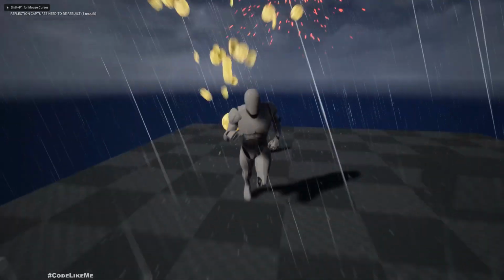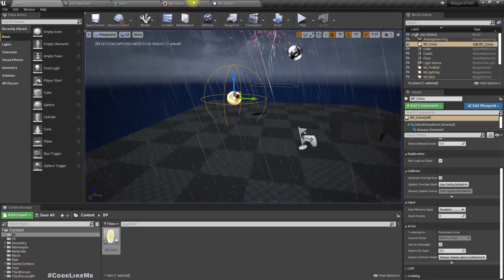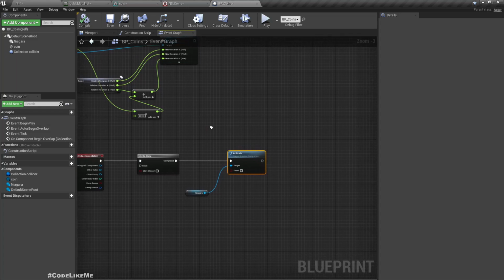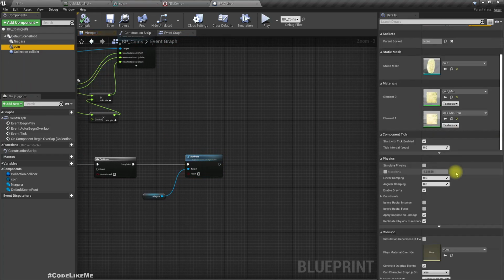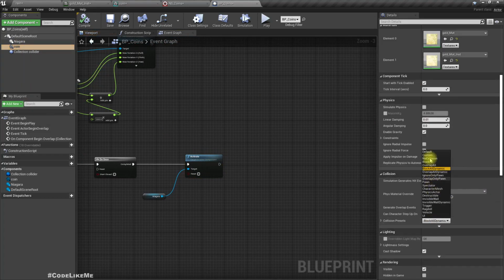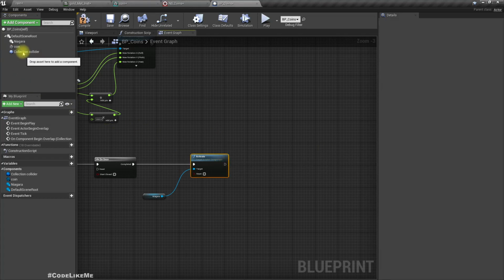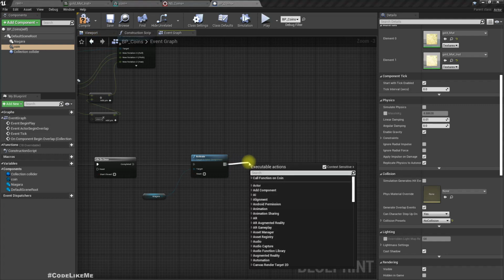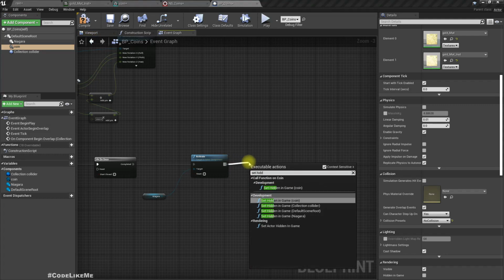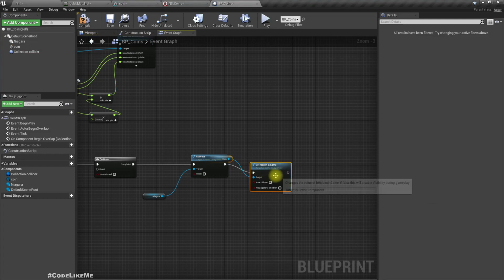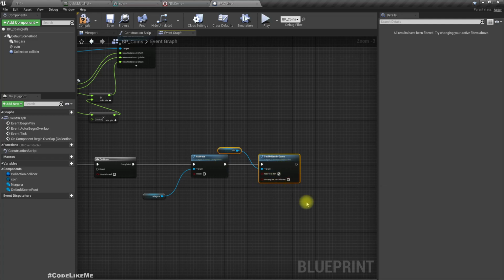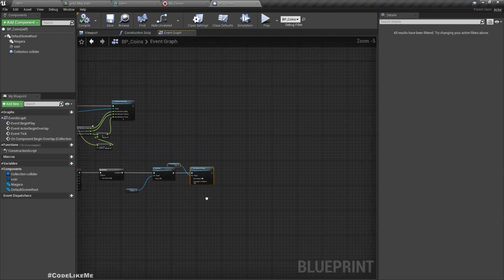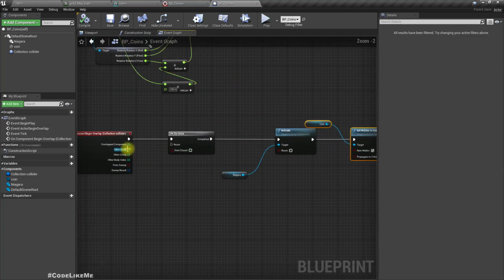Yeah, it worked. So actually now we can disable the initial coin, I mean remove the visibility. This should not have any collisions. Coin set hidden in game to true, and then get the overlapped component,